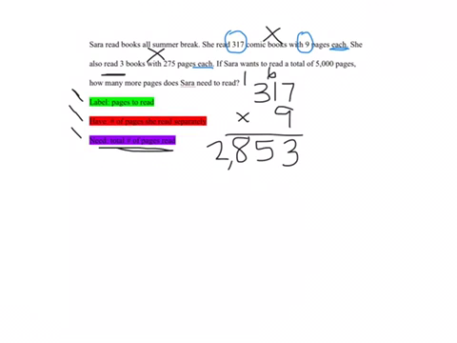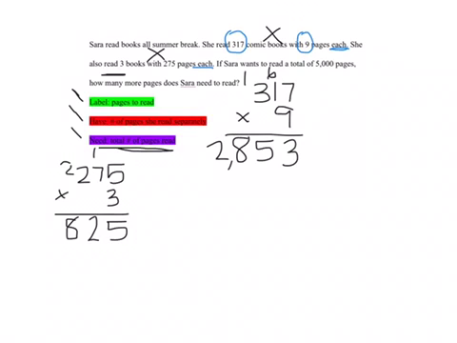Sarah also read 3 books with 275 pages each. So 275 times 3. 3 times 5 is 15. 3 times 7 is 21, plus 1 more is 22. 3 times 2 is 6, plus 2 more is 8. Okay,